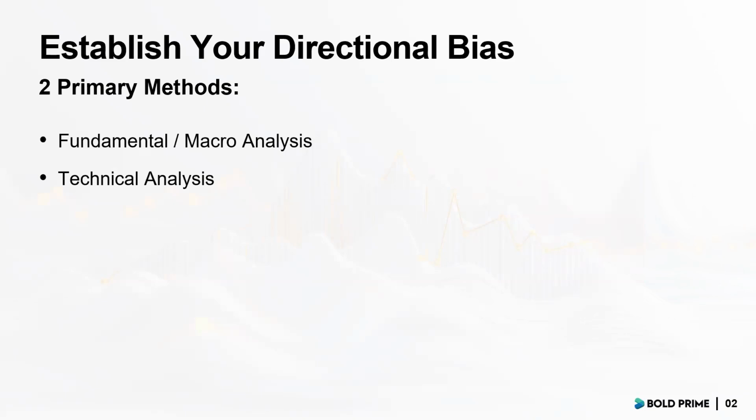Establishing directional bias is always the first thing that I want to do whenever I look at a chart or at the market. I need to first know, do I have a clear direction that I can be focusing on? If there isn't, I'll move to the next one. But if there's a clear direction, then that's where we progress to the next stage. Do I have a setup? Do I have confluences? Do I have context to support my trade? So the first thing is always going to be directional bias.